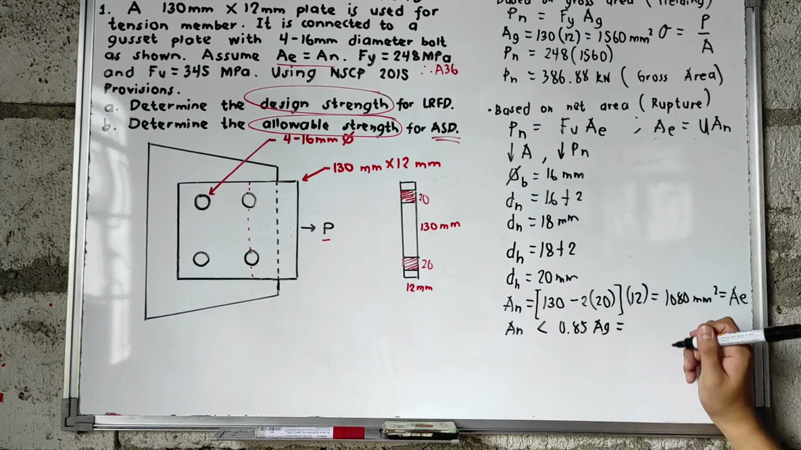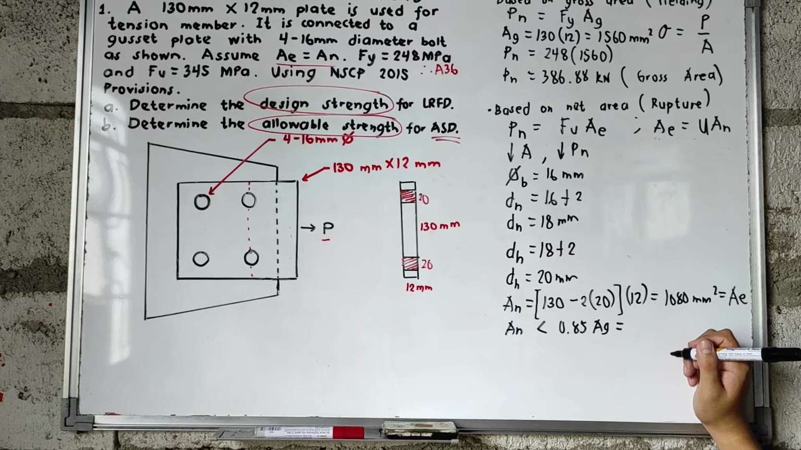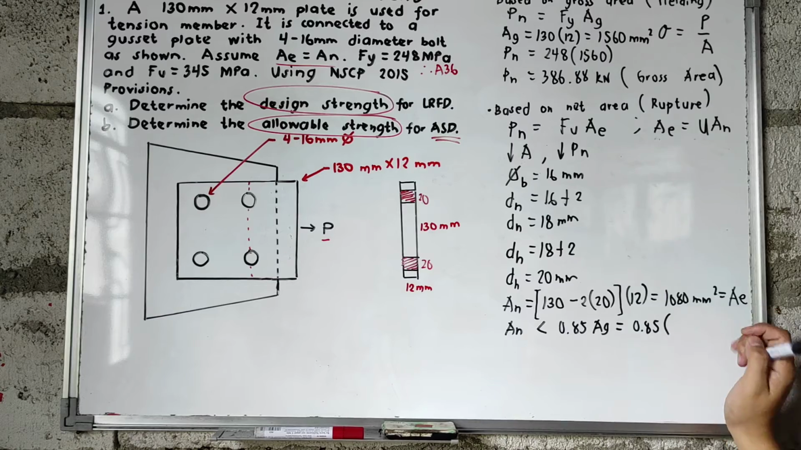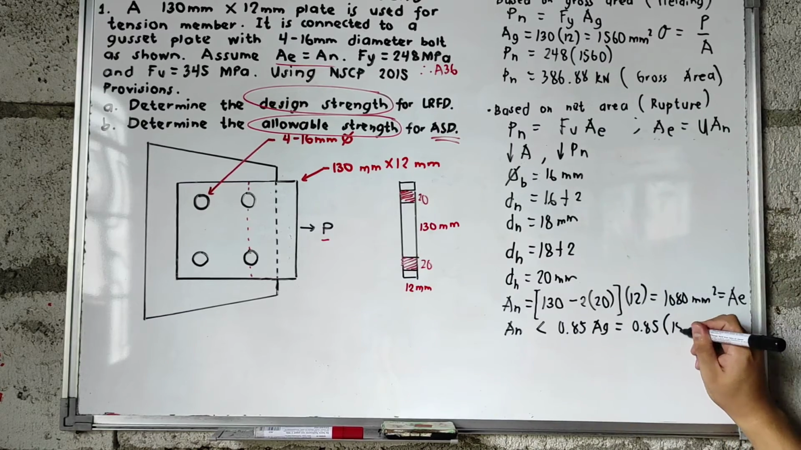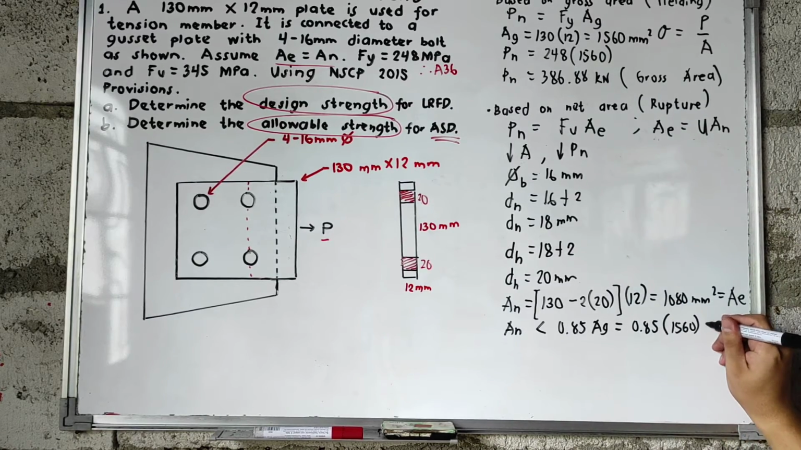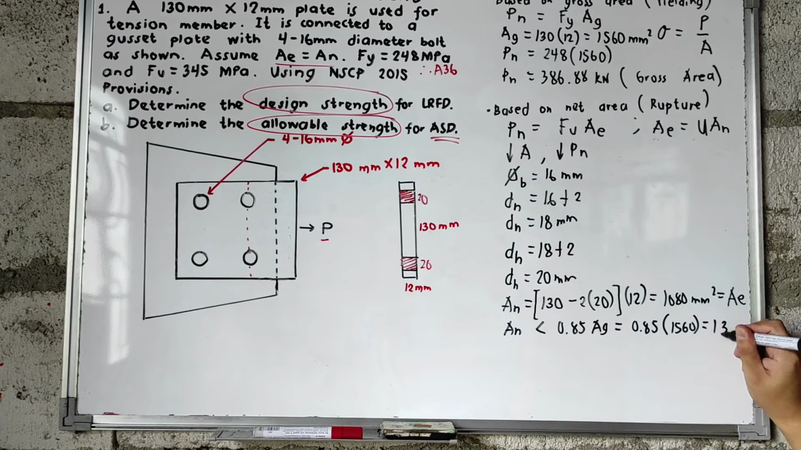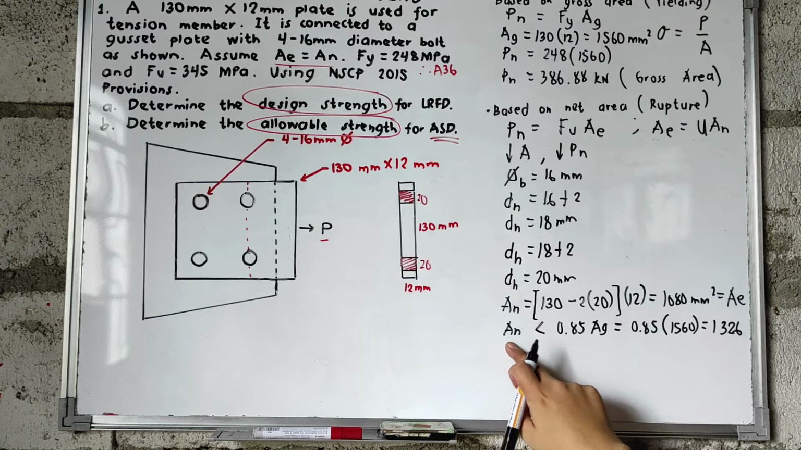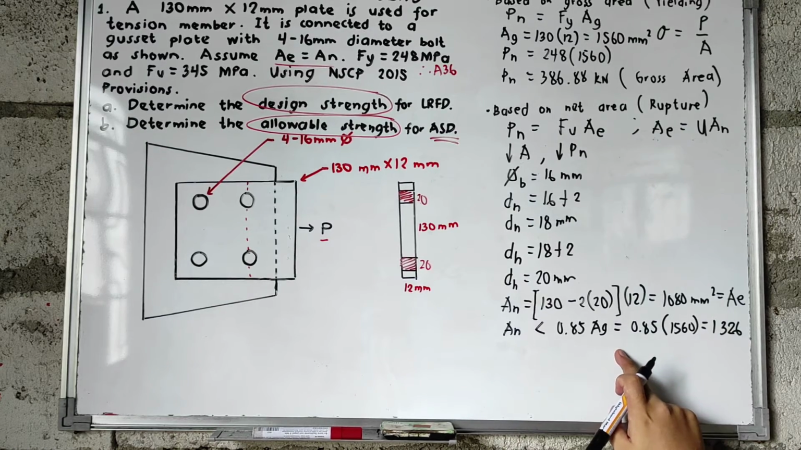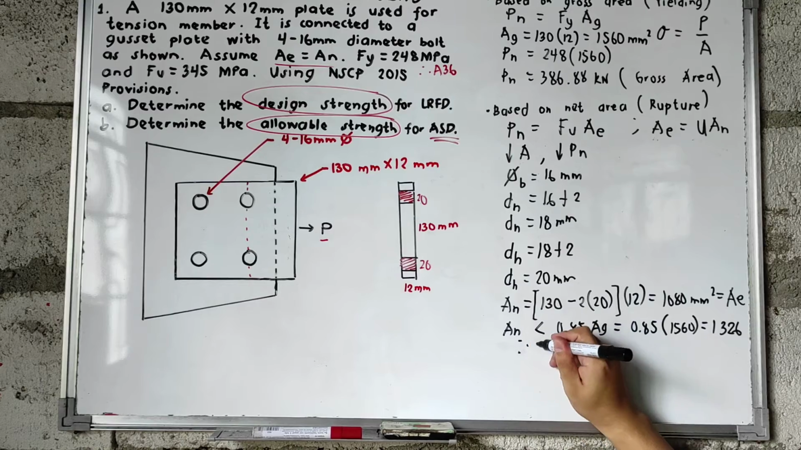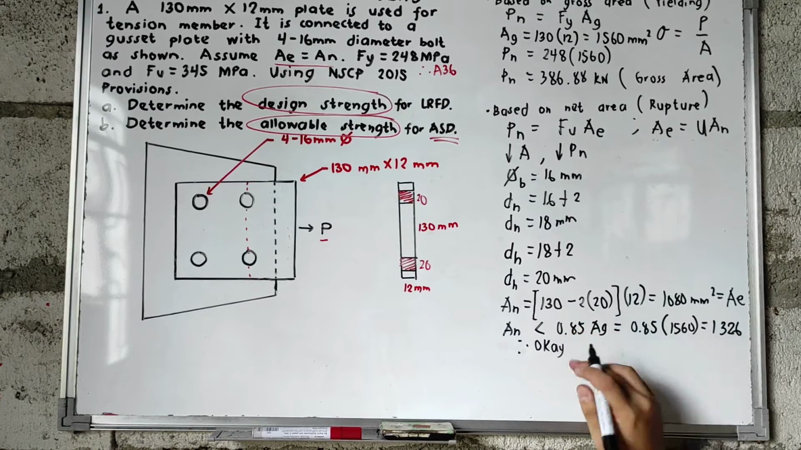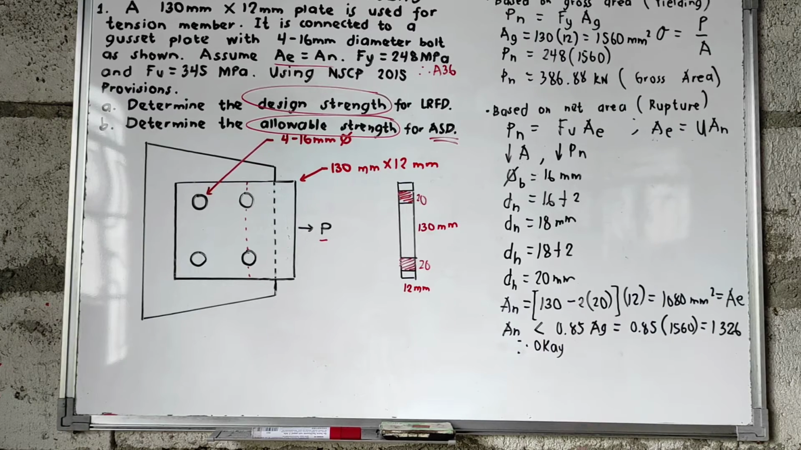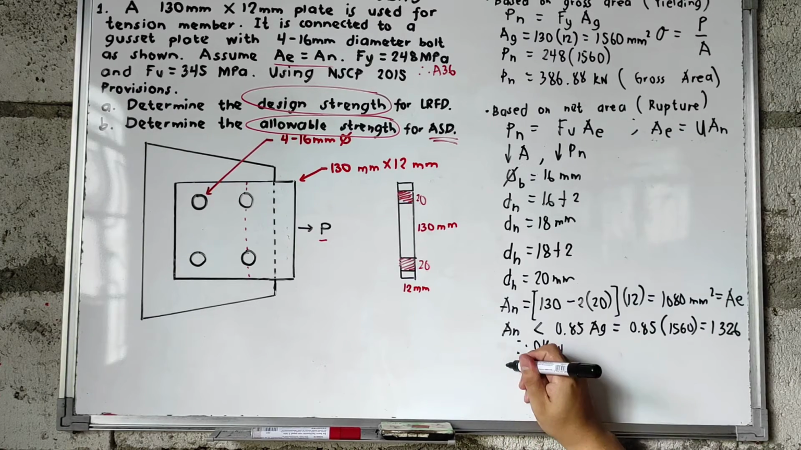For this, yung 0.85 Ag natin, that is equal to 0.85 multiplied by yung Ag natin doon na 1,516, which is equal to 1,326. Since less than yung value ng A sub n natin dito sa 0.85 Ag, so okay yung consideration natin. So, makukuha na natin yung value ng nominal,